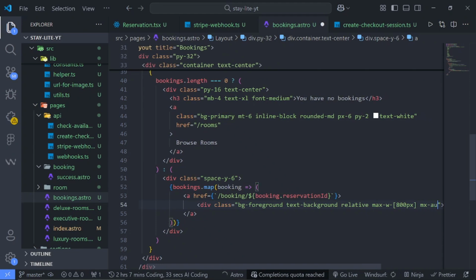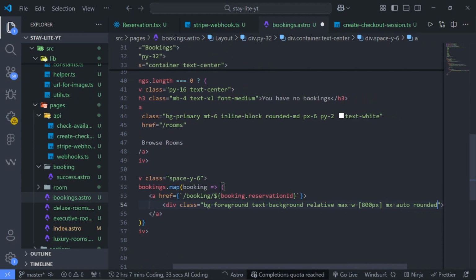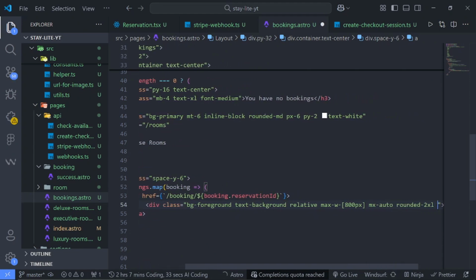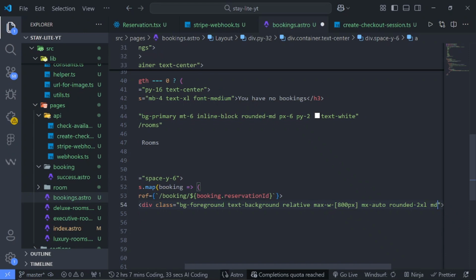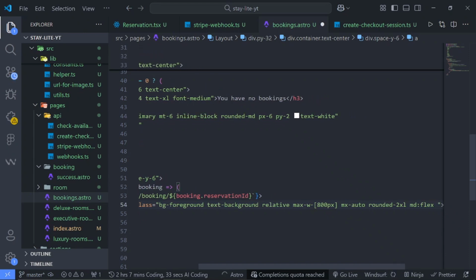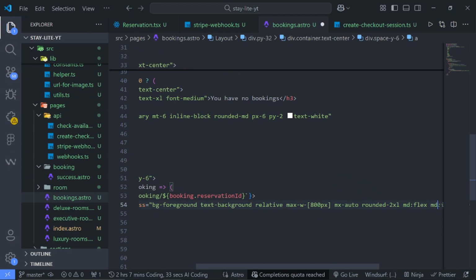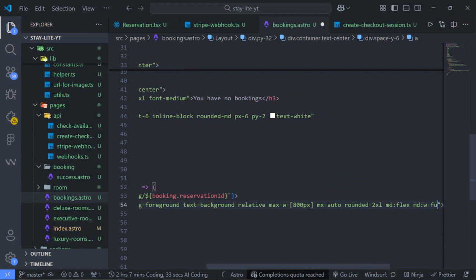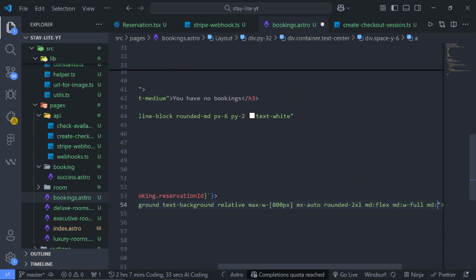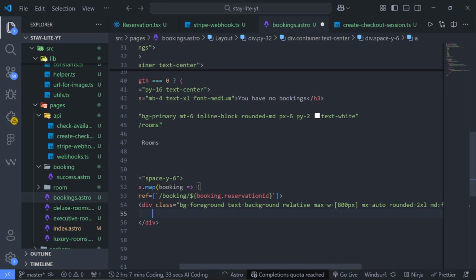Should be centered as well. Give it a border radius of around 2xl. On medium devices and up it will be displayed flex, and on medium devices and up again give it a width of full. Then on medium devices and up, items will be center. And inside the div,